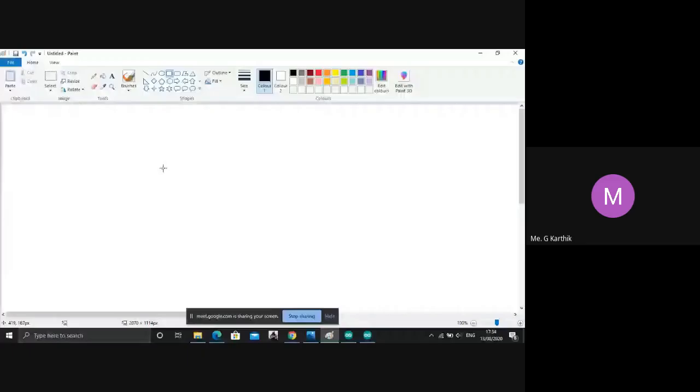We'll control the NodeMCU, right? Here is the NodeMCU. So we'll control it. In IFTTT, there are a few processes that we should do.